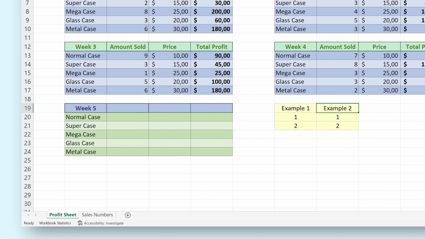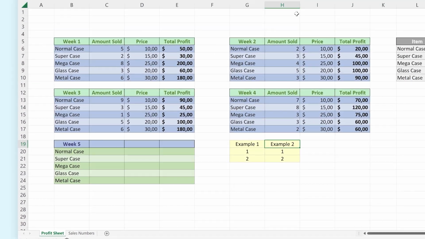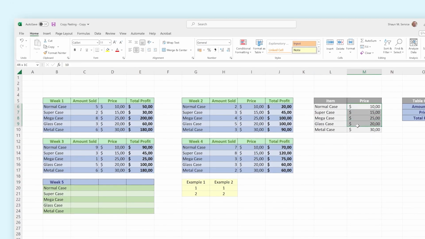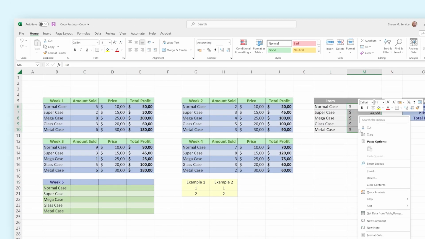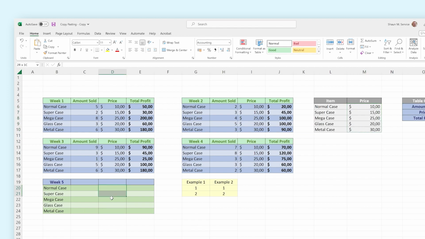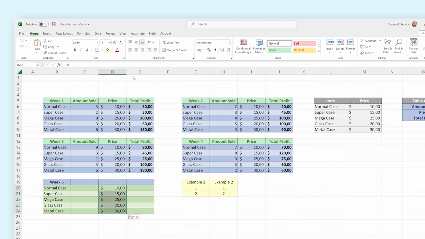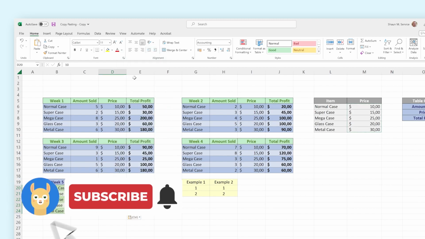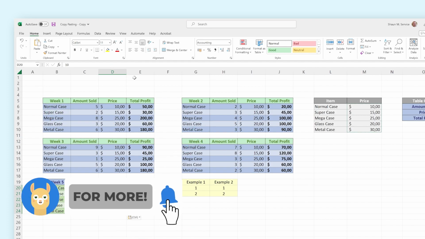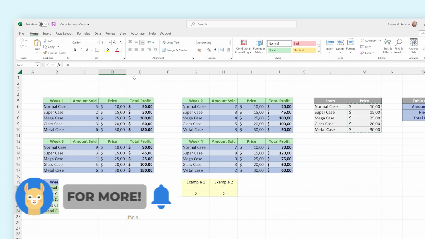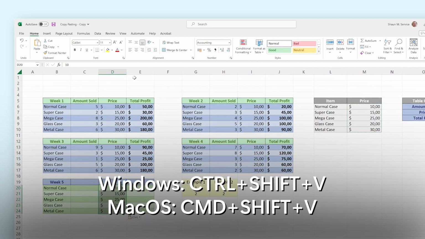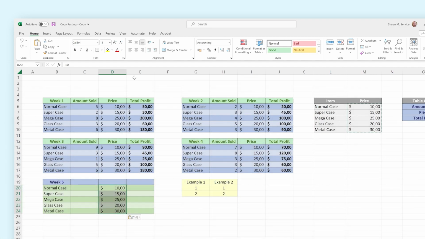First, let's insert the price of each case. To do this, we first need to copy the price data from this table here. Now we can paste it using the values option. This will paste the price values here without also copying the cell style. This can be especially useful if you do not want your Excel sheets to look like a mess when copy and pasting data. You can also use the shortcut Ctrl+Shift+V on Windows or Command+Shift+V on macOS to automatically use the